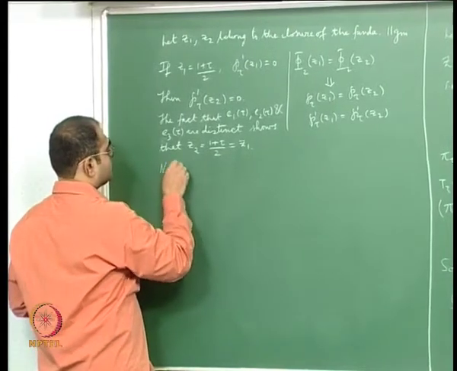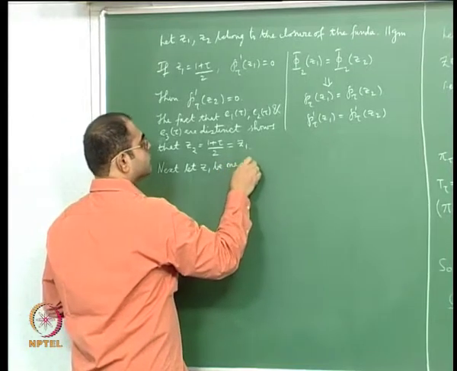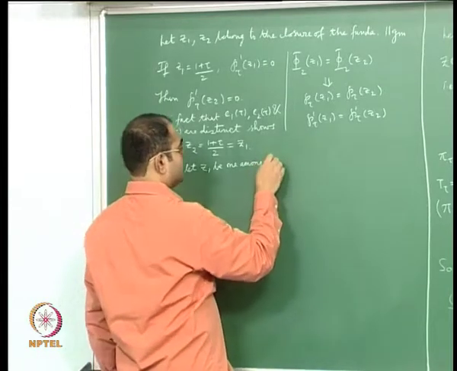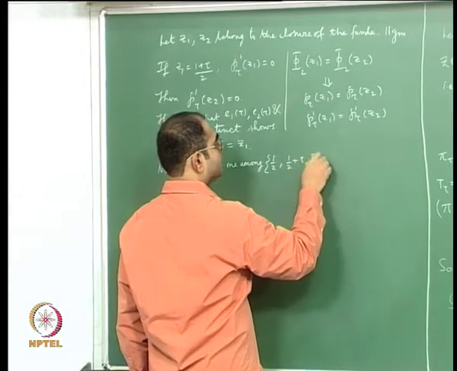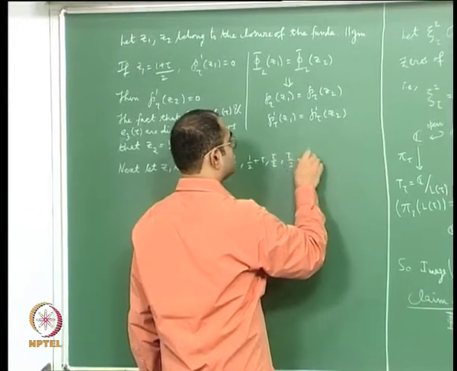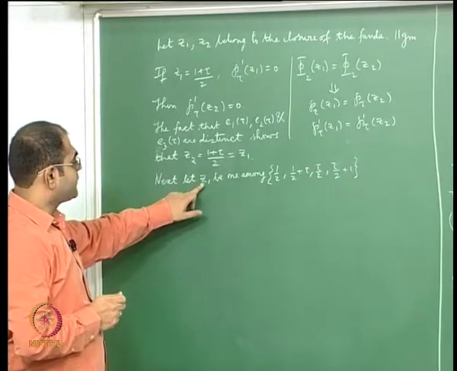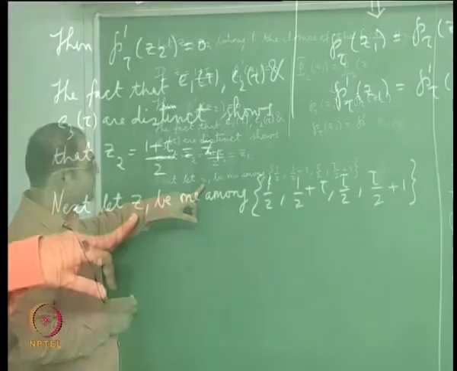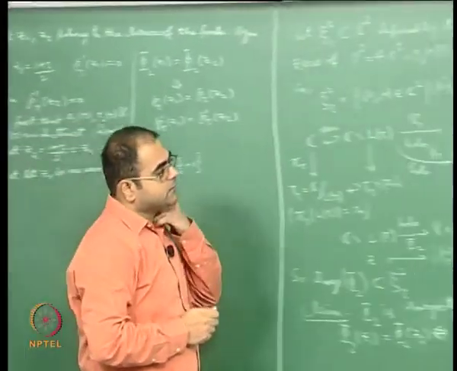Next, let z1 be one among half, (1 plus tau) by 2, tau by 2 and tau by 2 plus 1. Then again phi prime vanishes at z1, so that will tell you that phi prime has to vanish at z2,